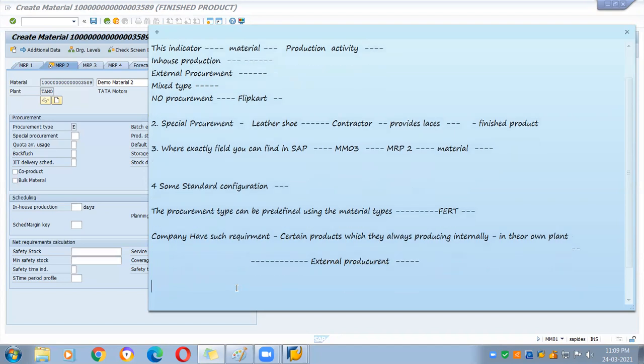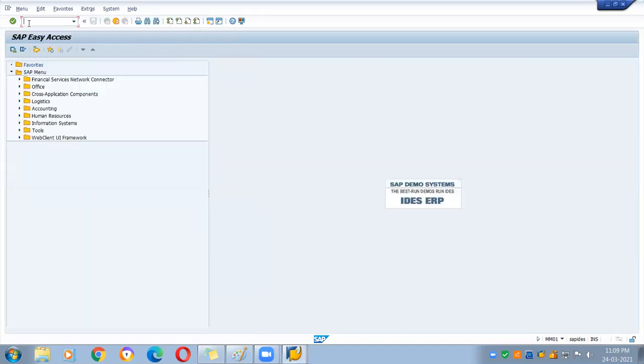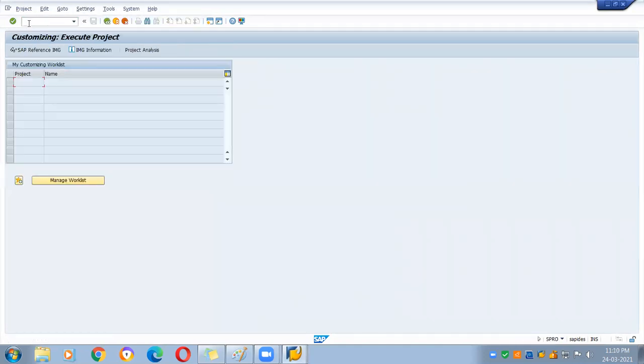So you can do the setting. You have to define your custom material type. Okay, suppose Z, and Zchem is a chemical product. So Zchem, you have defined a material type, and once you define this material type in the attribute section, which I have shown you here, remember the path. So you have to go into SPRO, into IMG.